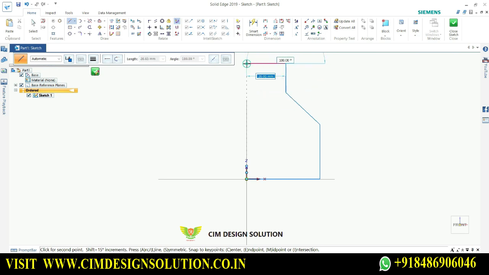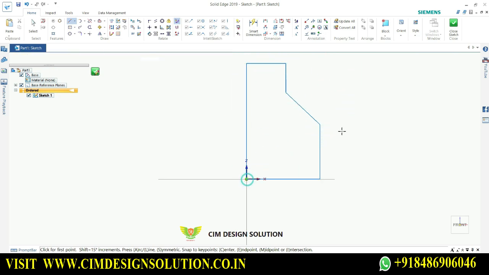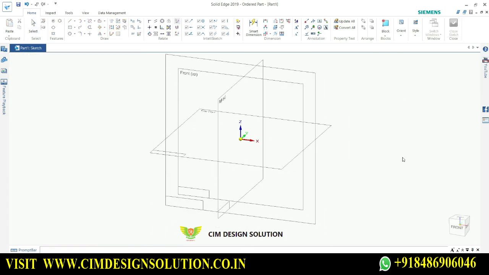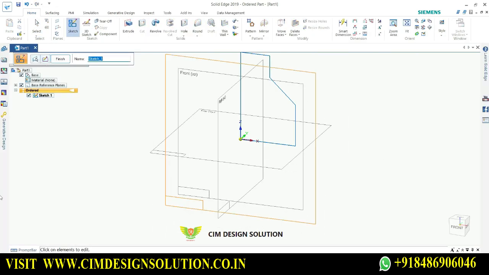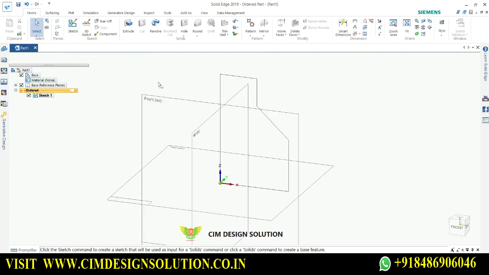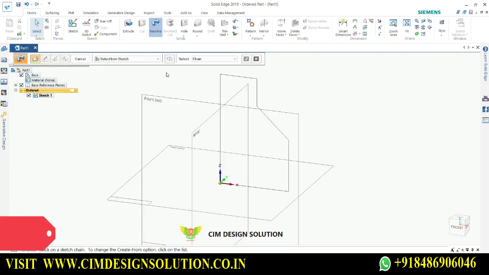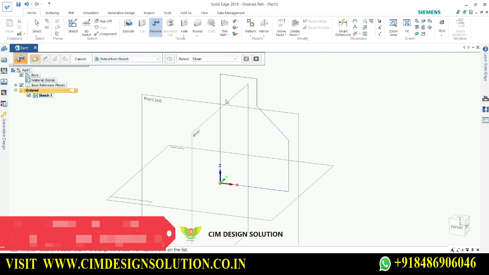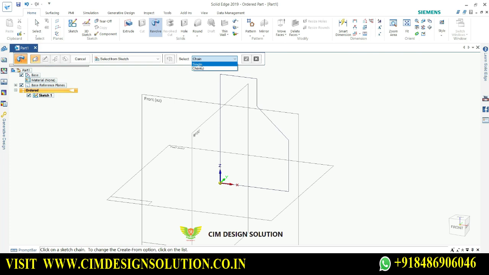This way, and this. So that is done. Now clicking on this close sketch to exit from this sketcher, finishing it and cancel it out. After that you go for revolve, you go for select from sketch, and here you go